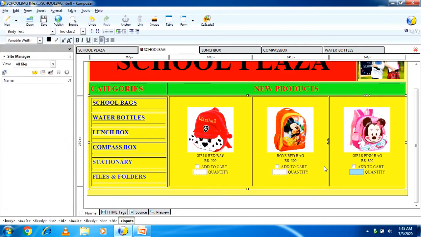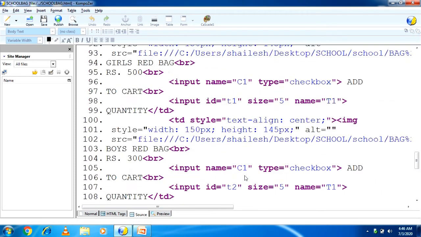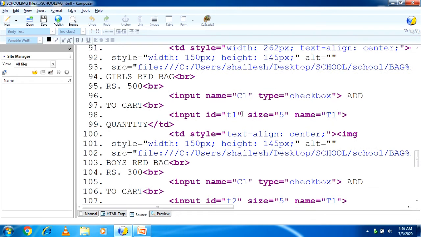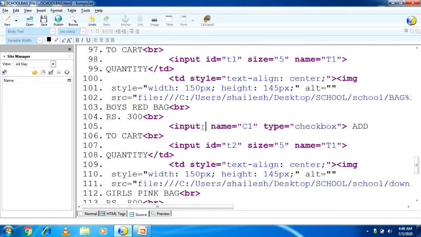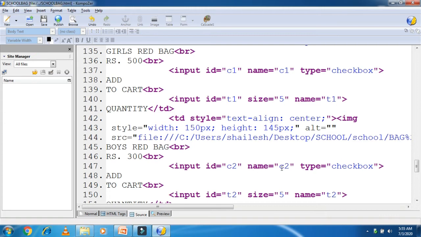Now how to change the checkbox ID? For that you have to go to the source code. You can see here, if the text box ID is T1, then definitely the checkbox ID you have to write ID is equal to this. You have to write it manually. Otherwise, when you are adding the checkbox the first time, at that time you can set in the property advanced edit option ID is equal to C1. Now same thing here, ID is equal to C2. Here you have to write name also C2.